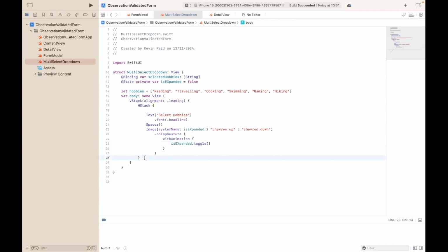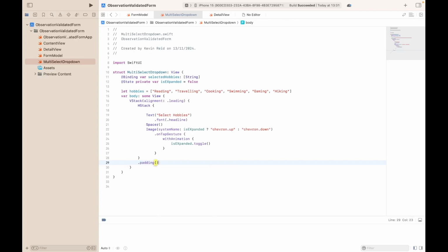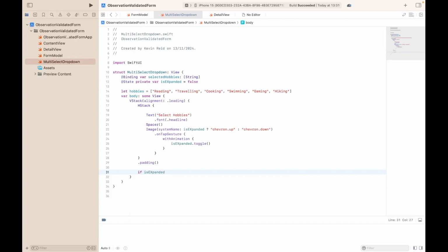And then after line 28, we need to add some padding to the HStack. If isExpanded, so the purpose of this is to check if the drop down has expanded or not. So if it has,